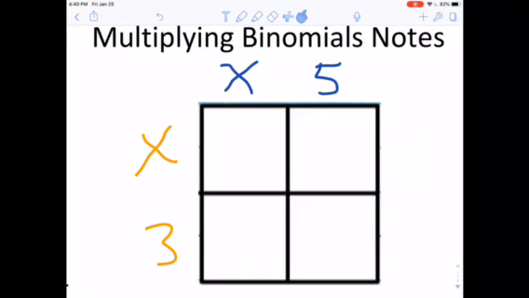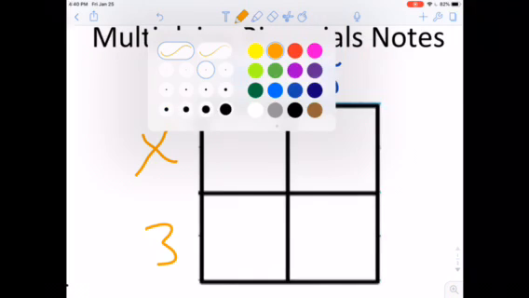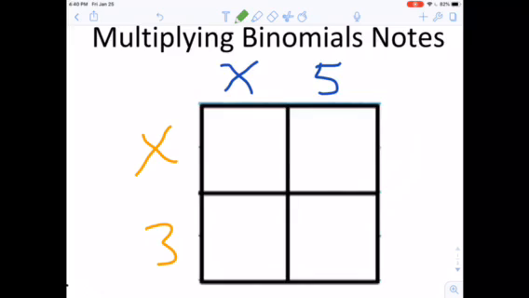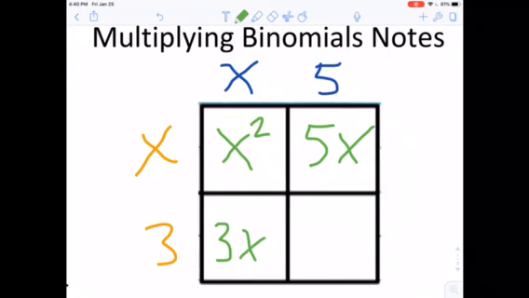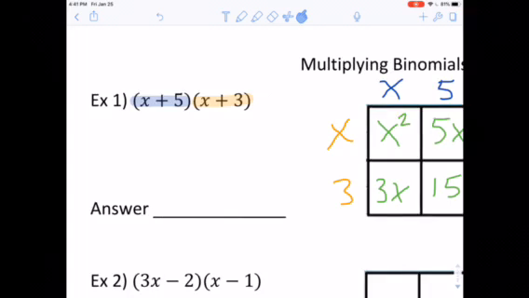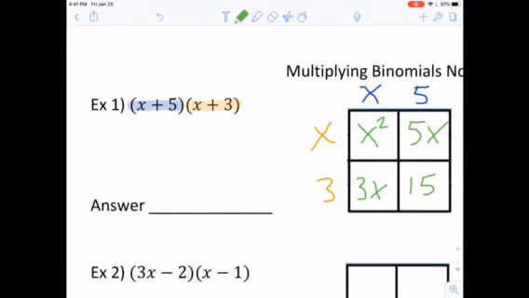So we're going to start multiplying here, and we begin by multiplying x times x. So x times x is simply x squared. X times 5 is 5x. X times 3 is going to be 3x. And 3 times 5 is positive 15. I'm done multiplying, so I can just write those terms right here. And it's going to be x squared, positive 5x, positive 3x